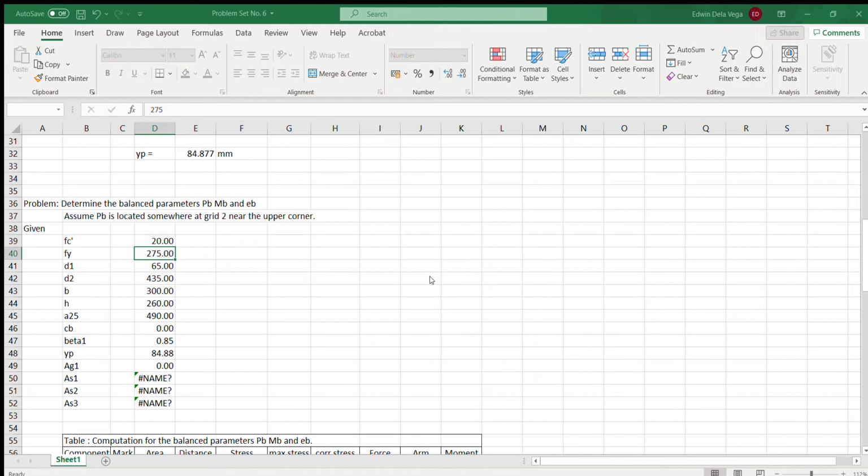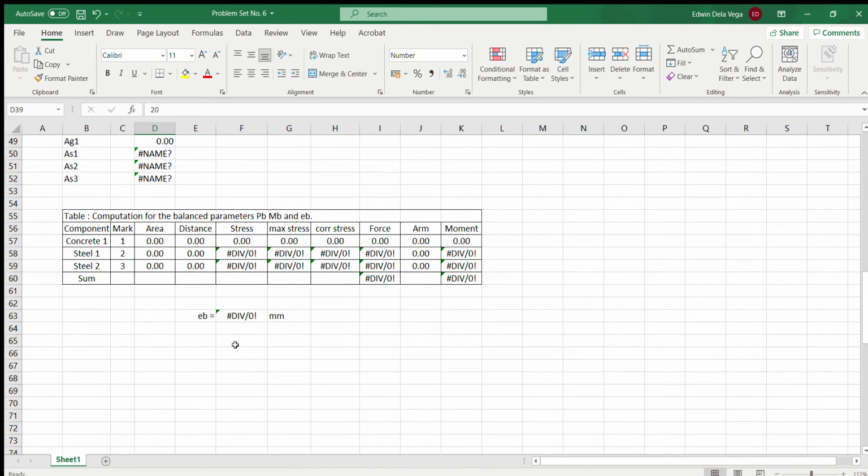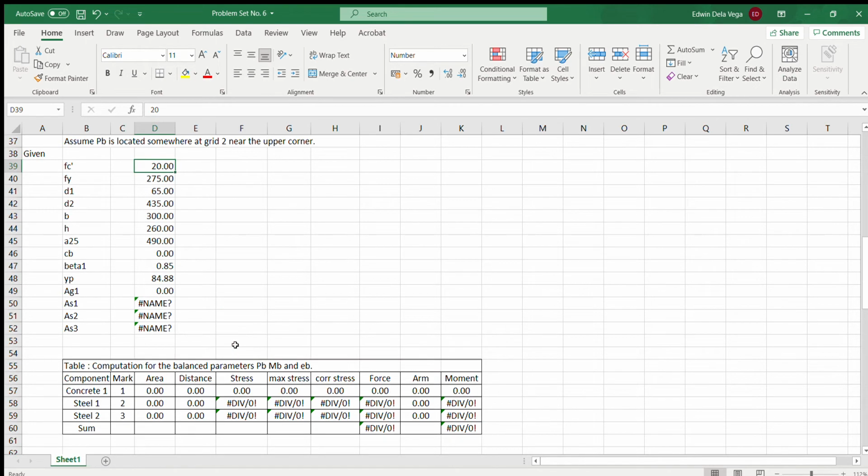So we cannot place the same name. I already erased it. Anyway, we might as well use the cell formula. We can also use the name as D39 there, but better if it is named definition. Okay, so let me